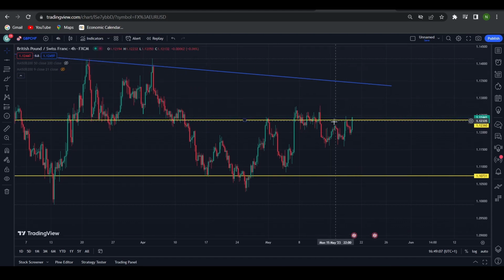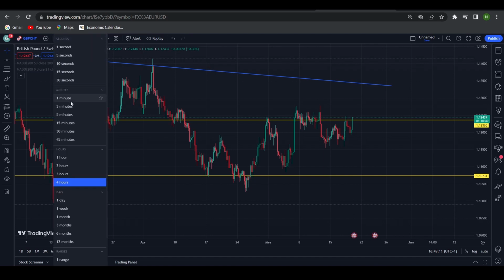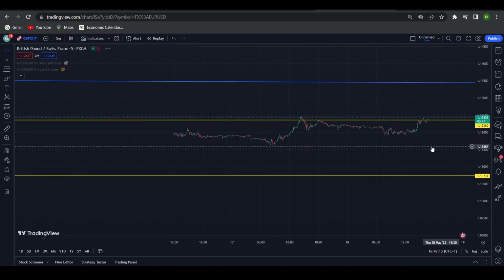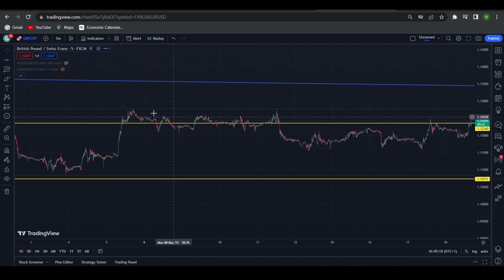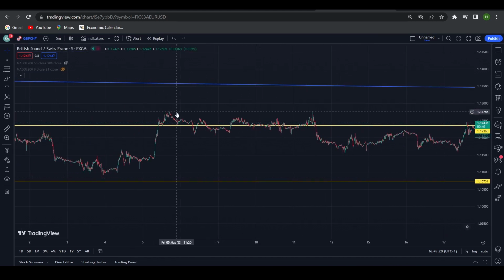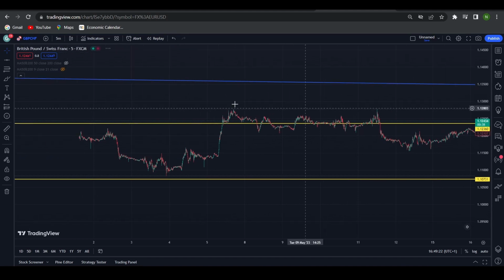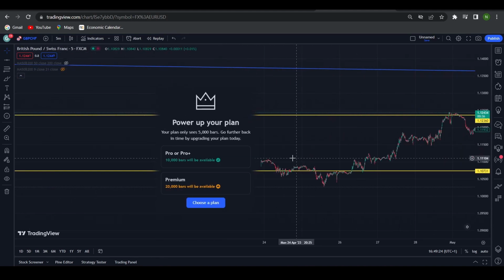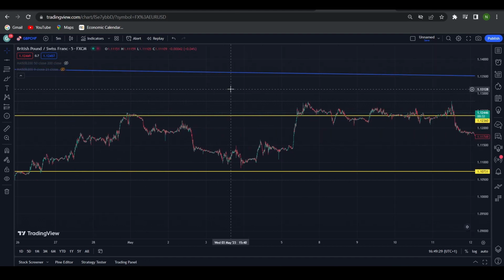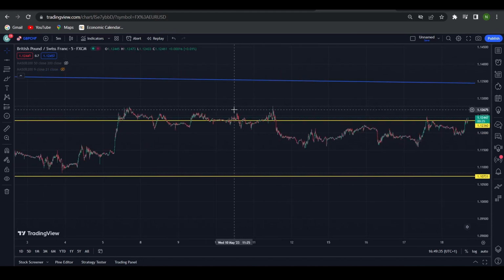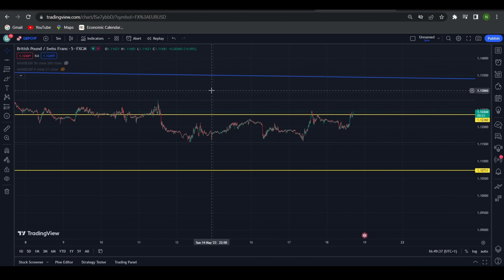But for simplicity I'm going to use the line for now. So using a higher time frame, I was able to identify the zone which I wasn't able to see, let's say, on the 5 minute, which was obviously not as easy to spot. But you can see that price did react on this level eventually, but I couldn't see that earlier on. As you can see, I don't have the premium plan, but using the higher time frames, I'm able to see